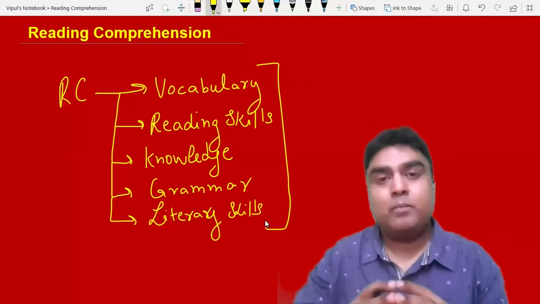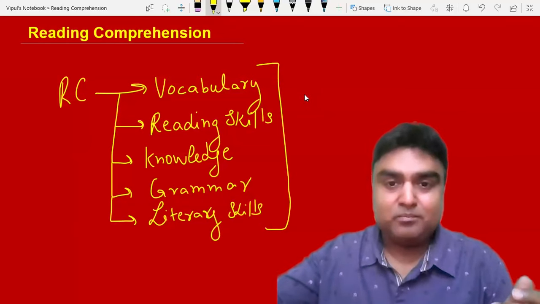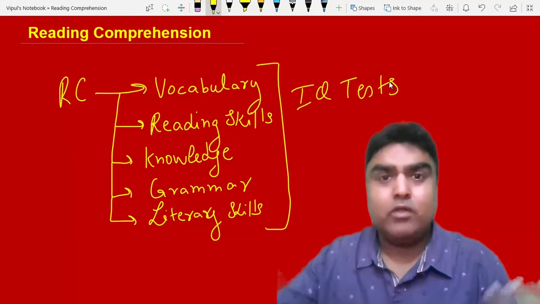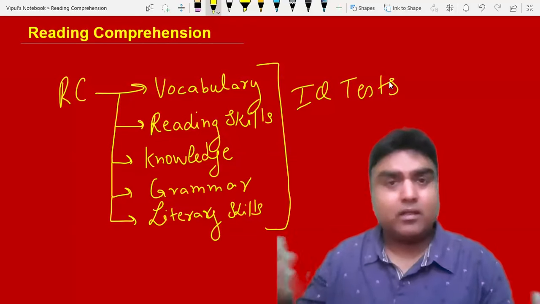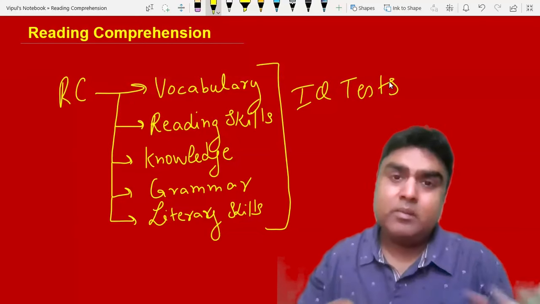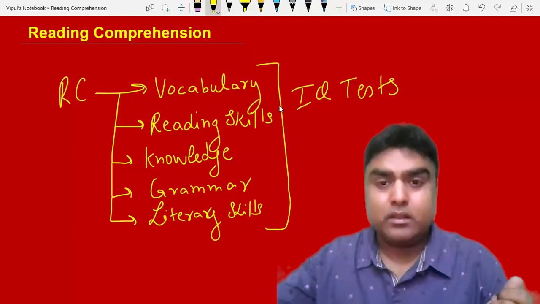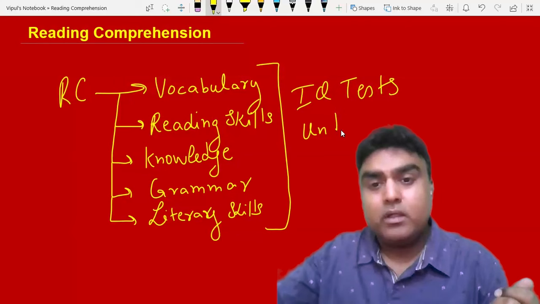in such a way. लेकिन जब बात आती है कोई IQ टेस्ट पे, मान लेते हैं IQ टेस्ट आपका 12th क्लास में CUET है या ग्रेजुएट पोस्ट ग्रेजुएट में MBA GMAT है, CAT है, एनीथिंग इट माइट बी। IQ टेस्ट में ये सभी चीजें चेक नहीं होती हैं। IQ टेस्ट एक ही एस्पेक्ट को रन करता है, एक ही चीज को चेक करता है, and that one word is the understanding part.